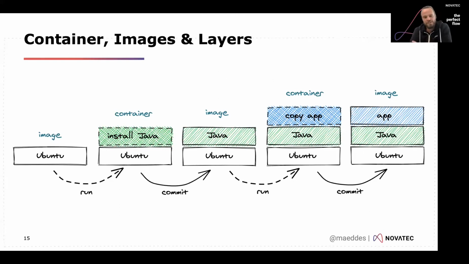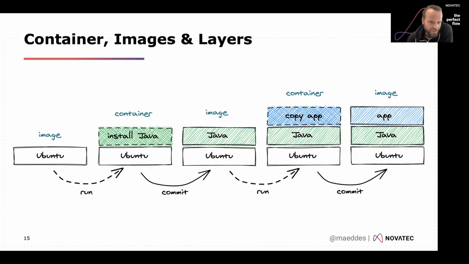And if you want to build such an image, you can do that in a layer by layer way. You can say I want a base image from, for example, Ubuntu. Then I want to install a Java runtime. On that Java runtime, I want to copy my application and then wrap all this into a container. Technically, this would always be a run step that runs the container and a commit step that creates a new image from a running container. Now, again, those steps are fairly cumbersome.